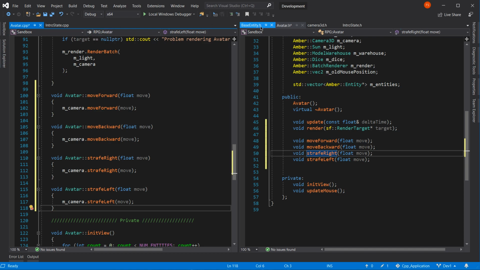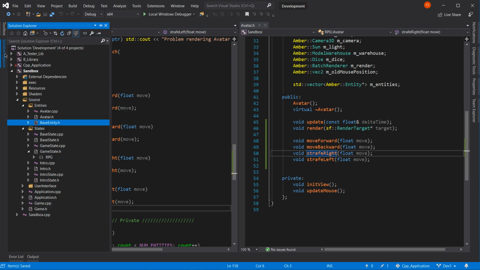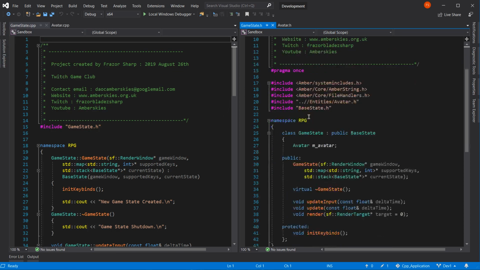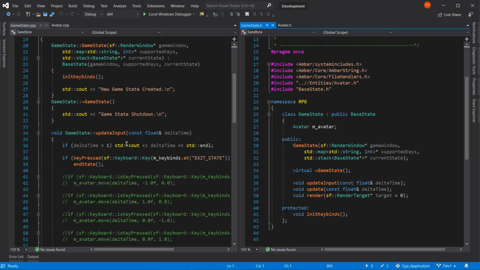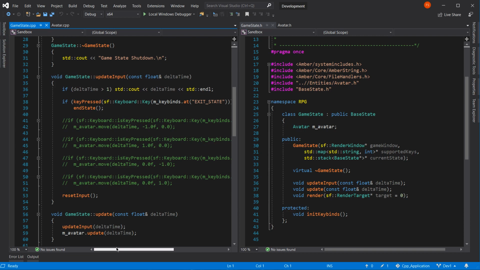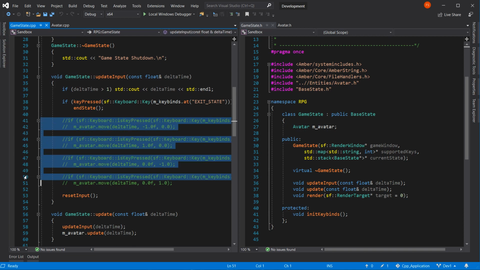I think we should be alright with that now. We'll come back to the camera. We're at intro state. No, this is nothing to do with the intro state. And we decided not to include the base entity. So it's to do with the avatar and the game. So let's get the game up. Game state, here you go. There we are. Update input. Yeah. Oh, right. Okie dokies, looks like we've already got this. So it's going to be...